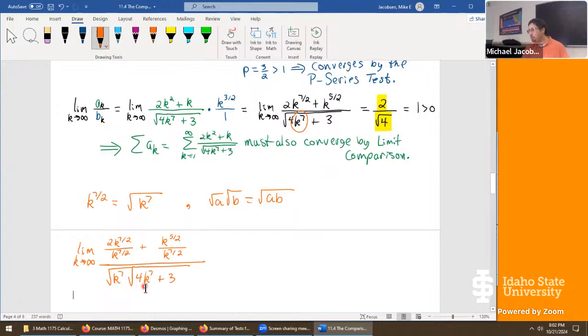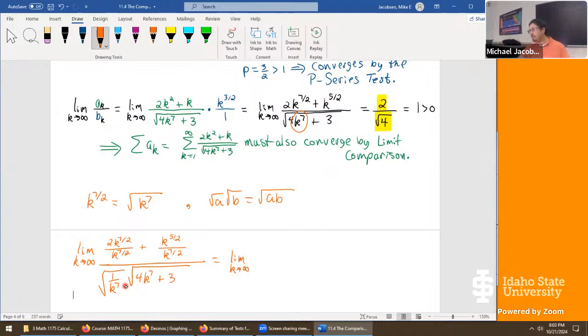So, oh, and I forgot to do one thing. We're dividing by K power 7. Sorry about that omission there. It's 1 over K power 7 in that way. So the numerator got divided by K power 7 here and here, and I'm dividing by K power 7 here, or K power 7 halves rather. So now these two combine and we get